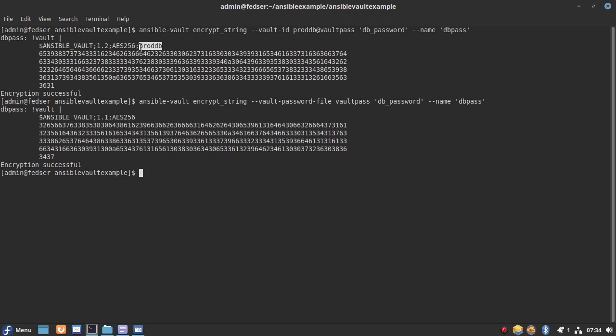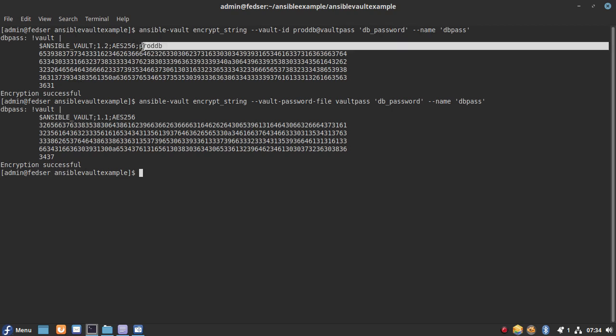So whenever you cat this encrypted data, you will at least be able to see this prod db reference label, with which you will be able to identify for what purpose you have encrypted this data.